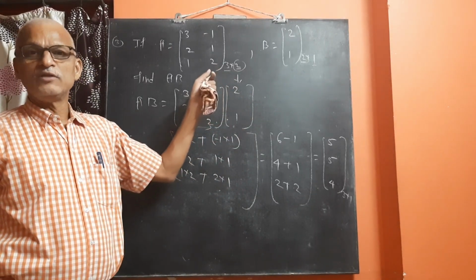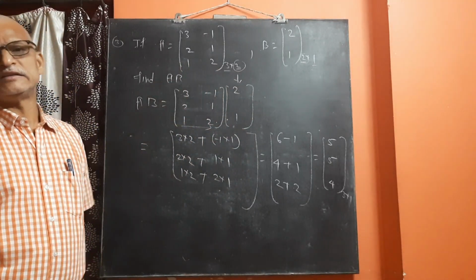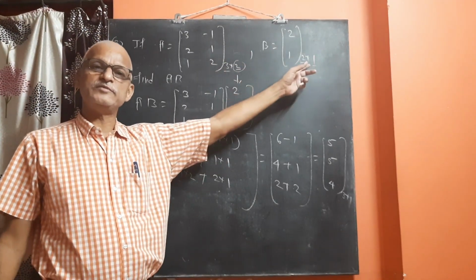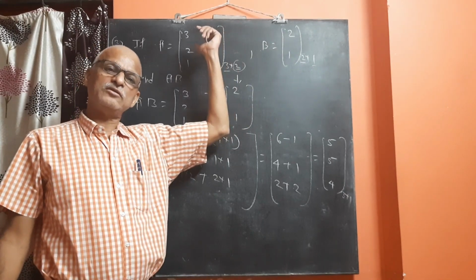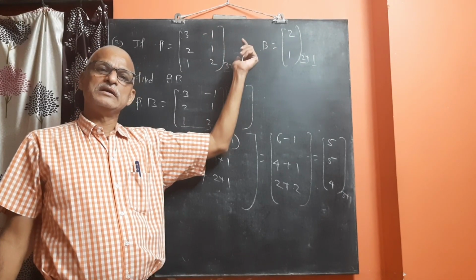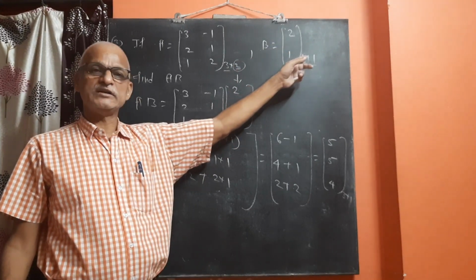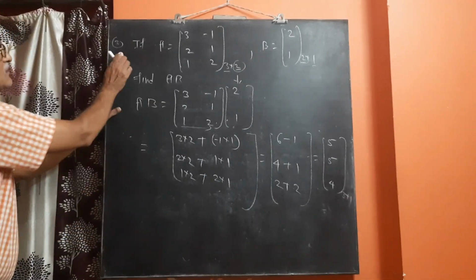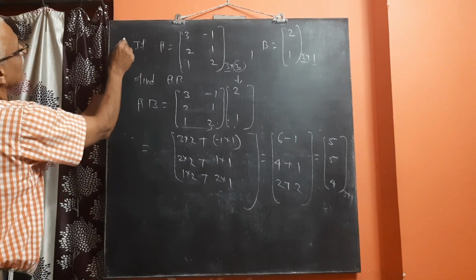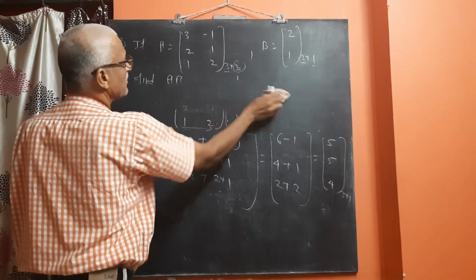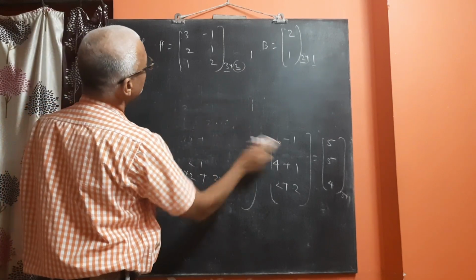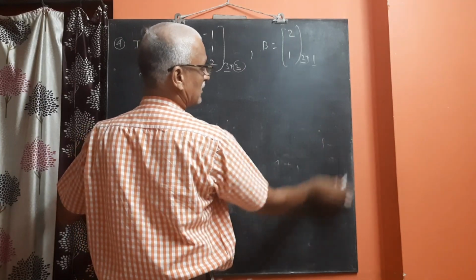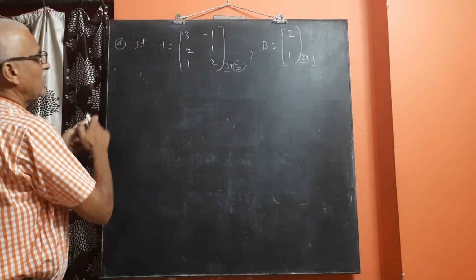In this way you can find out the product of any two matrices provided that the condition of multiplication of matrices is satisfied. That means the number of columns of the first matrix is equal to the number of rows of the second matrix. Now suppose, let us say, this is the fourth example. Suppose the same matrices are there. A is 3 1 minus 1 2 1 1 2 and B is 2 1. That is the column matrix. Our question is find